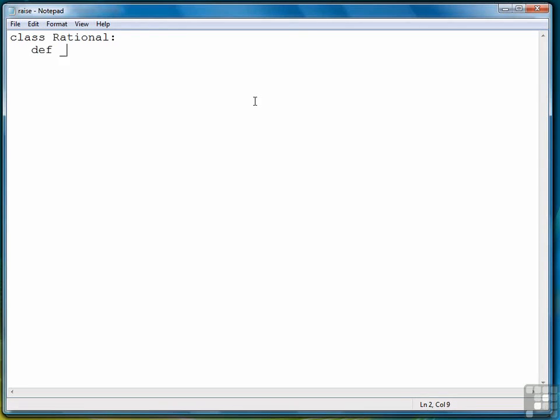So we'll go directly to the definition of the constructor. The constructor will consist of 3 parameters: self, x, and y, representing the numerator and the denominator. So in the body, we'll write numerator equals x. Then we're going to say if y is equal to 0. In other words, if the denominator is going to be a 0, then we want to raise a 0 division